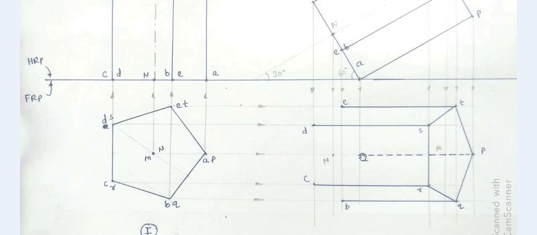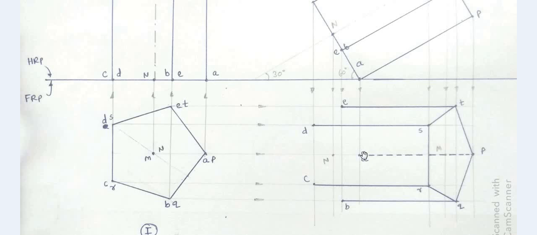And finally in the third step, we complete the remaining base, that is A, B, C, D, E, and the same logic we will be following. While drawing the line, if it intersects already drawn line, then it is hidden, hence dotted, otherwise it would be continuous. So if you go for joining A to B, it is intersecting already drawn line, hence it is dotted. B to C is not intersecting, continuous. C to D not intersecting, continuous. D to E not intersecting, continuous.